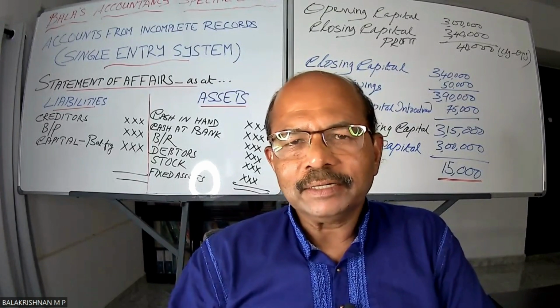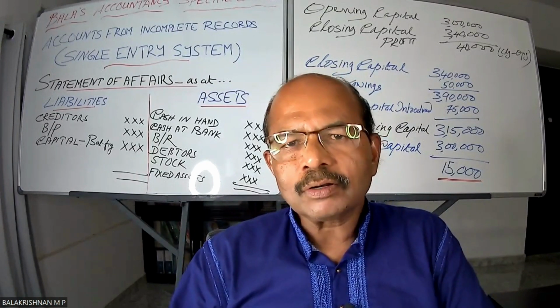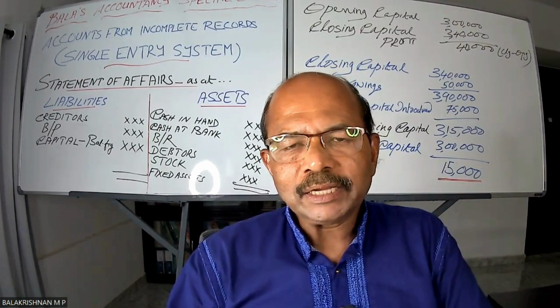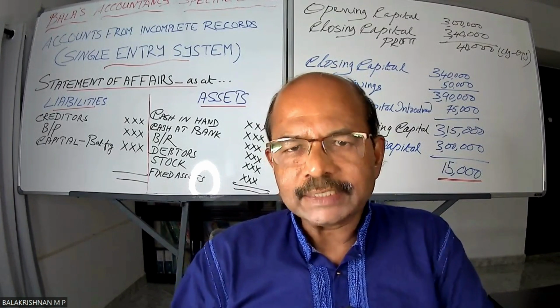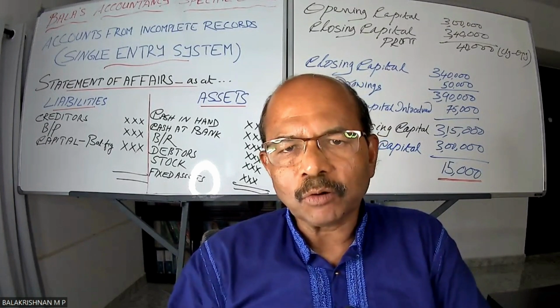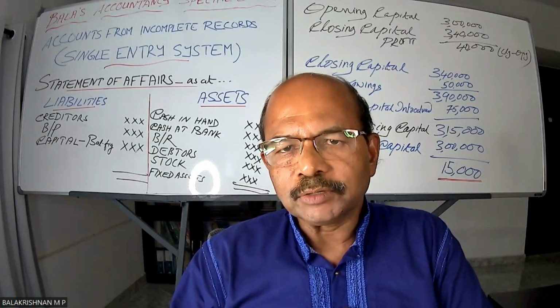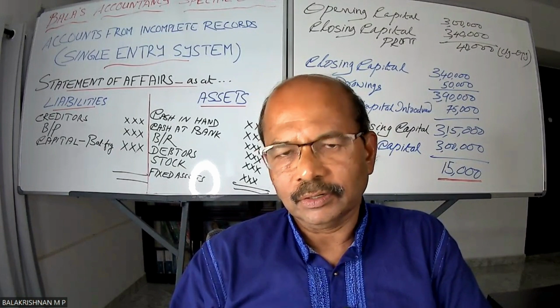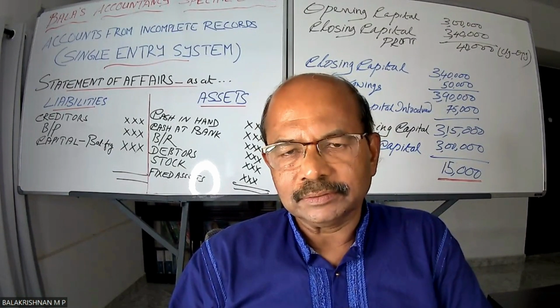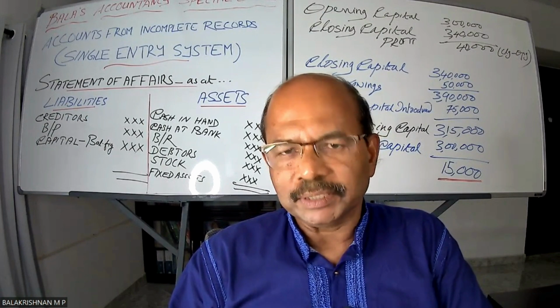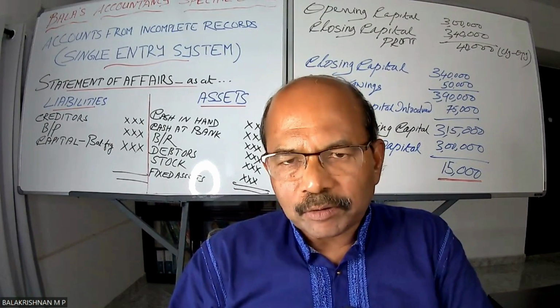Single entry method is otherwise called accounts from incomplete records. Under that, there are two methods. One is the statement of affairs method or net worth method, that's what we have dealt with so far. There is yet another method, the conversion method, that I will be taking up